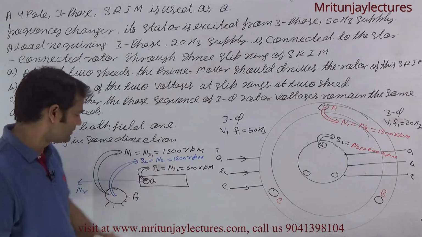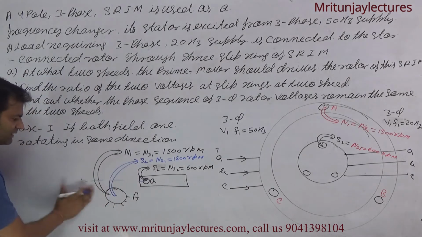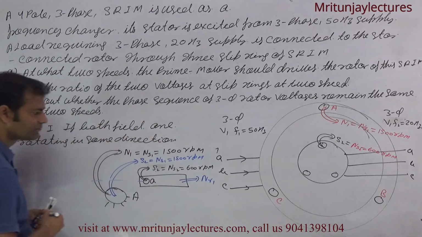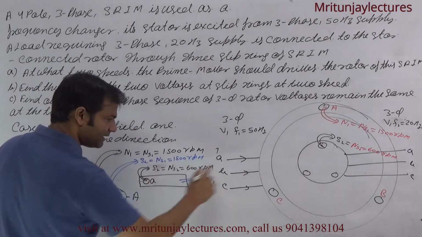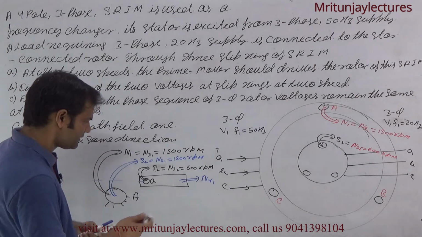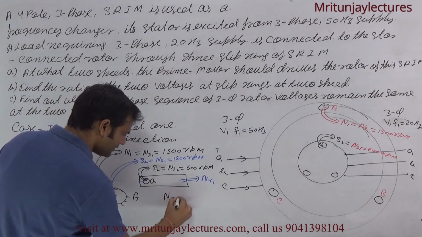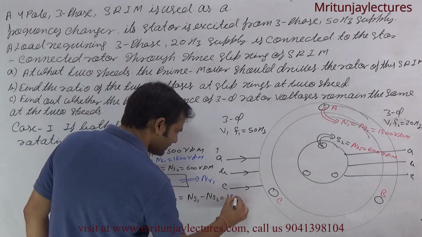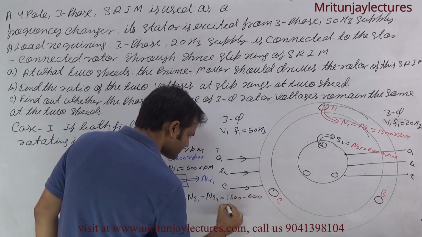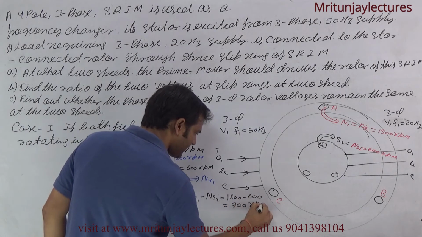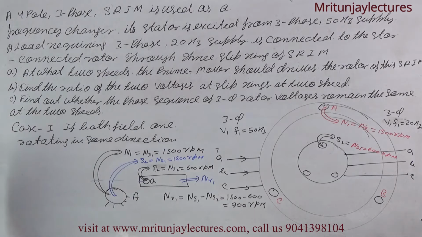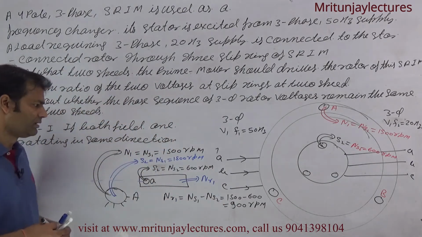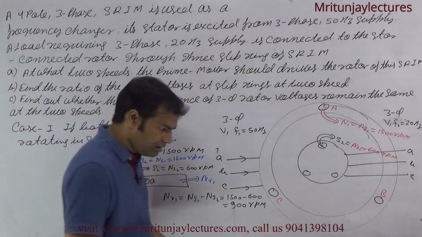1500 RPM speed. If the rotor rotates in the direction of the stator field, like this one, NR1, moving in the direction of the stator field, this will be equal to NS1 minus NS2, that is 1500 minus 600, that is 900 RPM. Clear? Now it is clear. If any doubt,